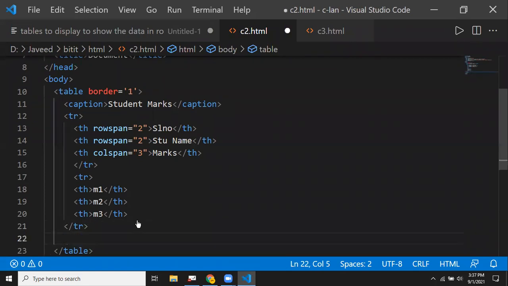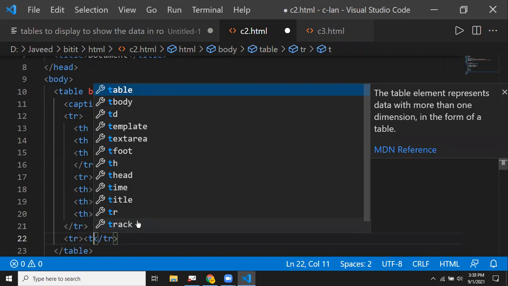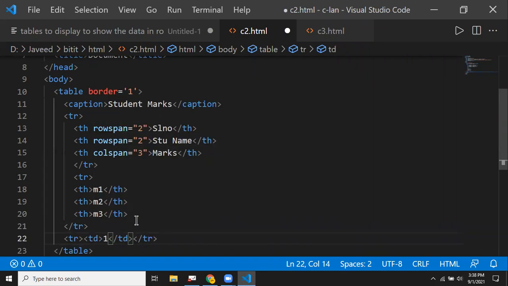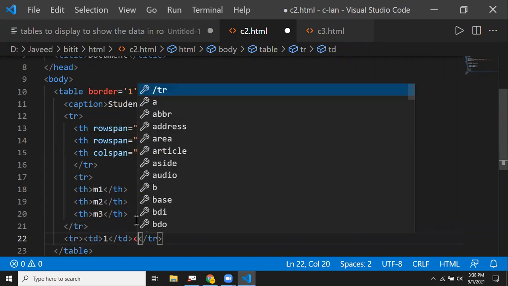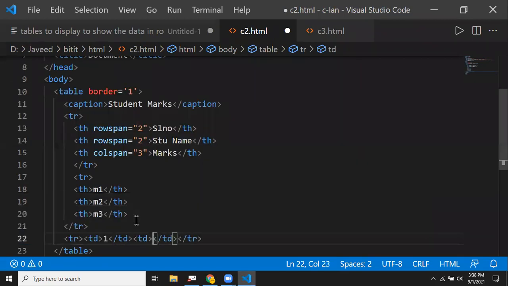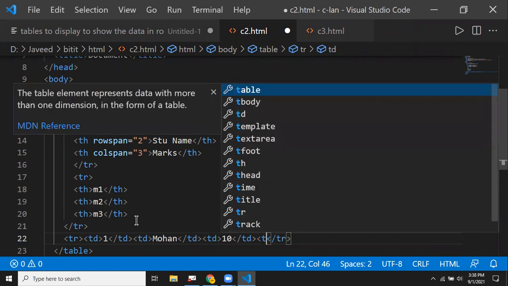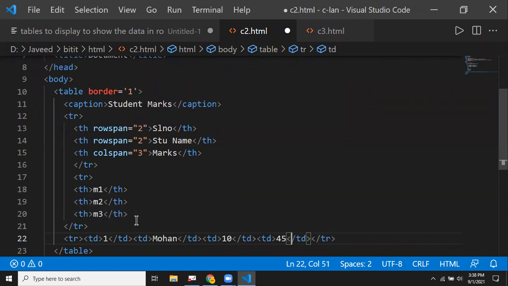So I want to display the student data there, TR. Then I'm using my TD. So it's serial number 1. Then I want to have the name of the student, TD. Let us say you're writing some name, Mohan. Then TD, marks in the first subject. Then marks in the second subject.